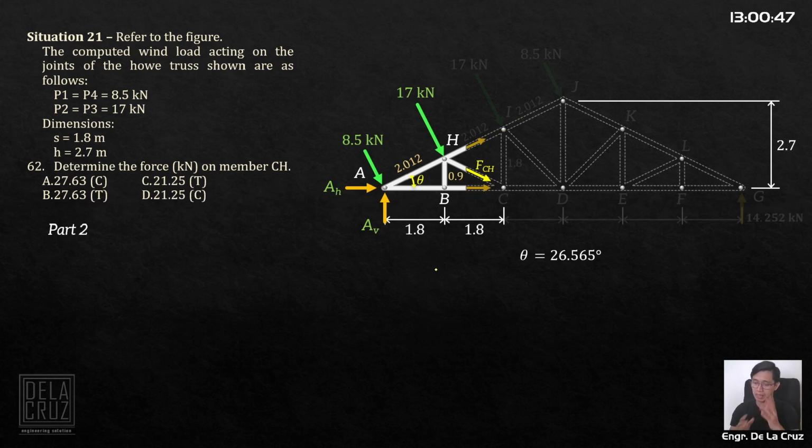Ina-assume ko parati pag nagkatayo tension para hindi na siya nakakalito. Kung mag-negative man yung output natin, that means it is in compression. Okay? So, kailangan natin ng angle ng CH. Take note, if this is 0.9, yung ating vertical member, 0.1, 0.8, and 1.8. If this is theta, then the inclination of this member is also equal to theta with the horizontal. Okay? Nakuha natin yung theta kanina. So, pwede na tayo mag-moment